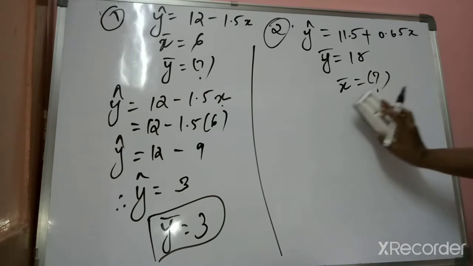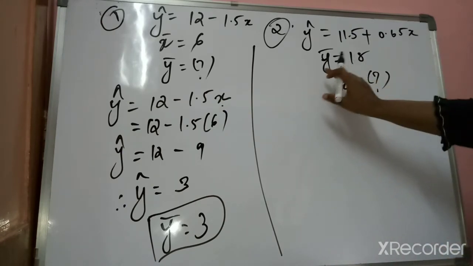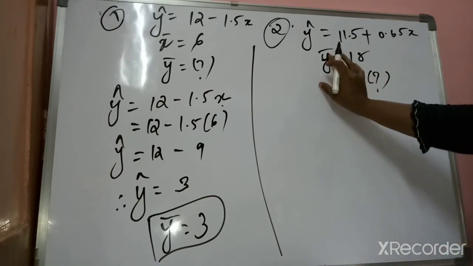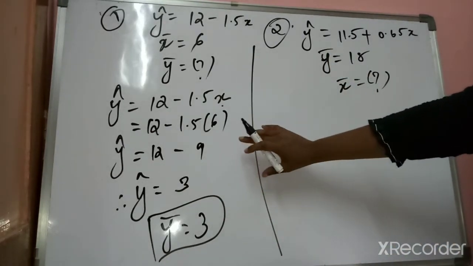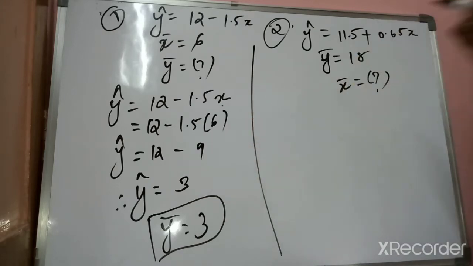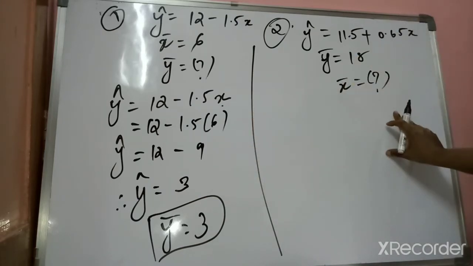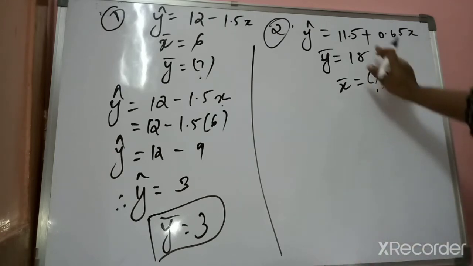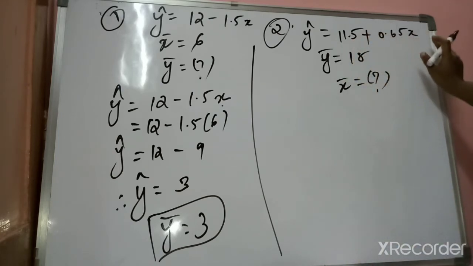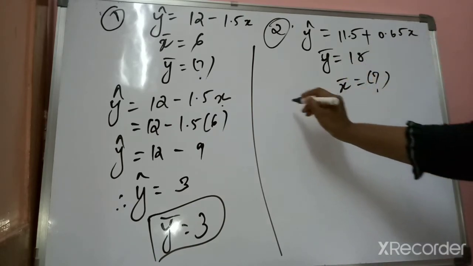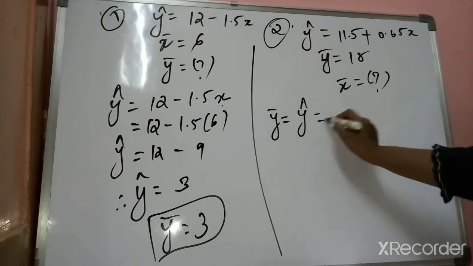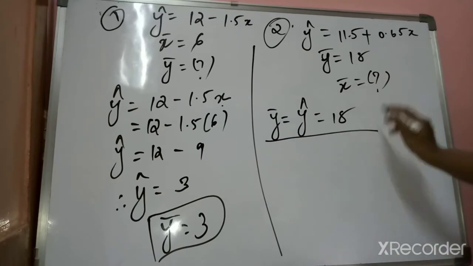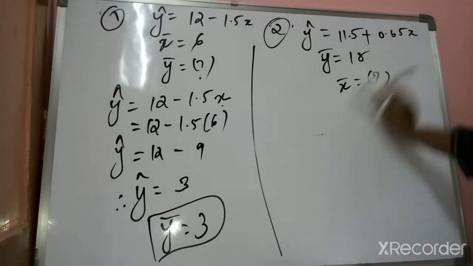The same thing that you have done over there, you are keeping over here. So in this, you have to find your x bar. So what you have to do, we are taking as per the above discussion. See, above what we did, just replace the value of x obtained by putting y bar is equal to 18 in place of y cap. In y cap is equal to 11.5 plus 0.65x, we get x bar. So how are we going to do it? We are taking y bar value as y cap value is equal to 18. So from this we are moving ahead. Clear? So let's do it.